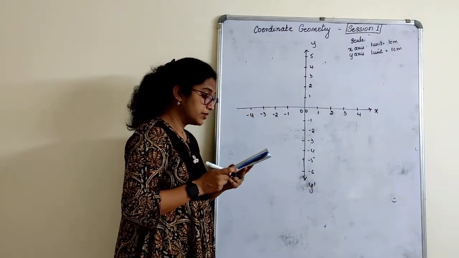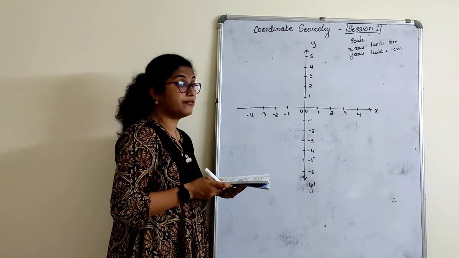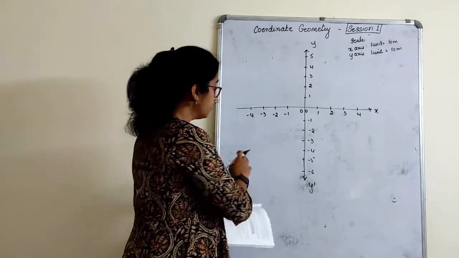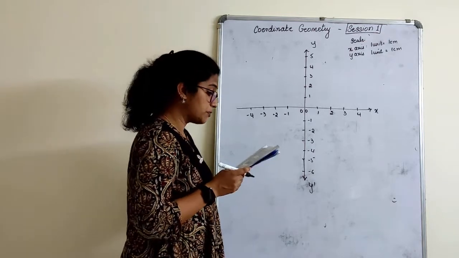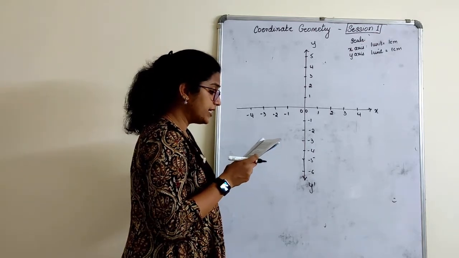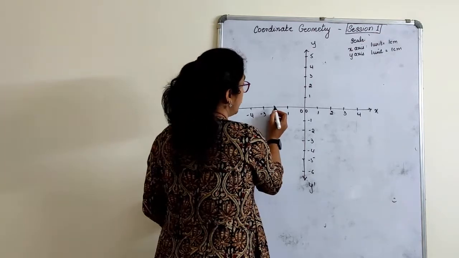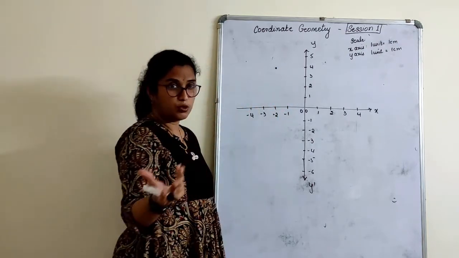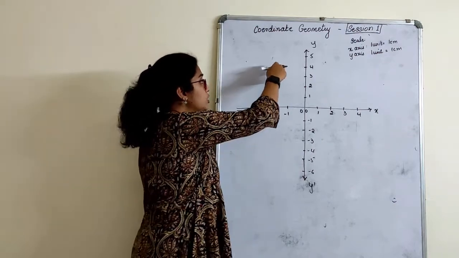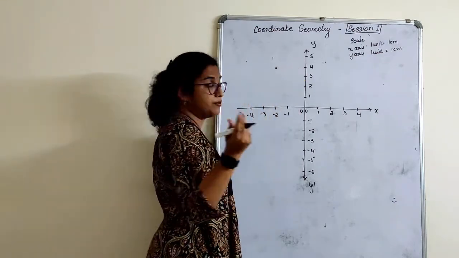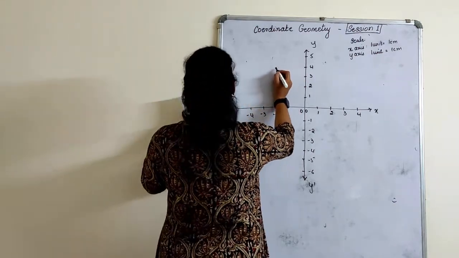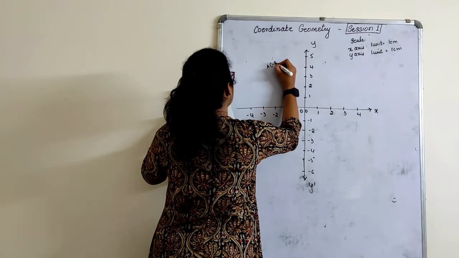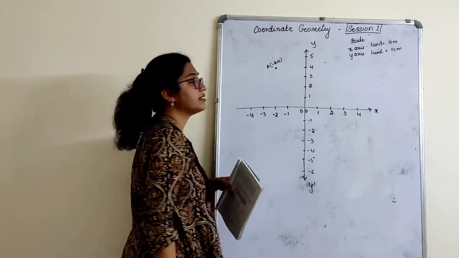Let us plot, and we also have to tell which quadrant they belong to after we plot them. That we can write later. First, let us plot them. -2, 4. -2 will come here, 4 will come here. You did not draw. It's up to you, children, how in your school they have told to draw dotted lines and join. It's up to you. So this is a point. I will name this point as A. -2, 4. I will write it here.